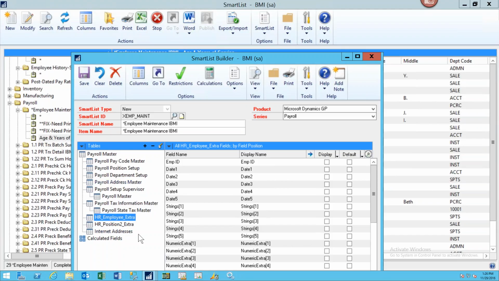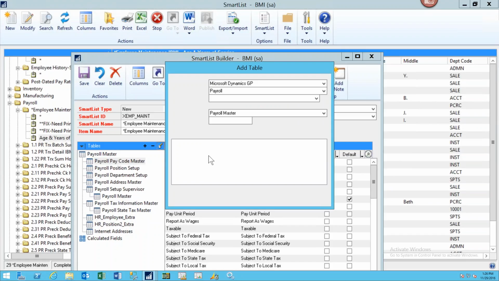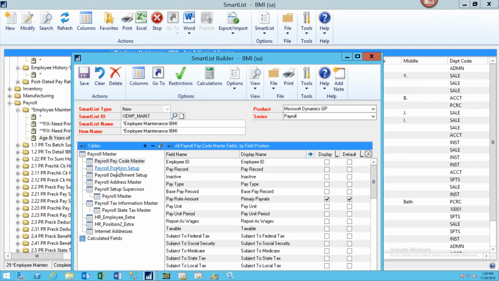So those things can all be adjusted and included as part of that consulting time. But you can see here where we've linked to our payroll master table. We've linked all these other ones where we're grabbing the pay code master, and we've linked that one just to grab the primary pay code. We don't want every pay code in this particular view. We just want to be able to get the pay rate off from whichever pay code is marked as the primary pay code. So as you implement these, you also get some training, just inherently on the Smartlist Builder as